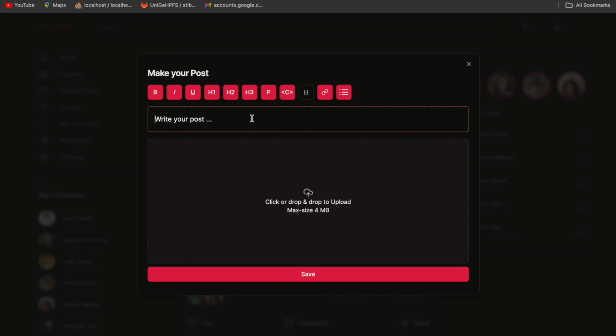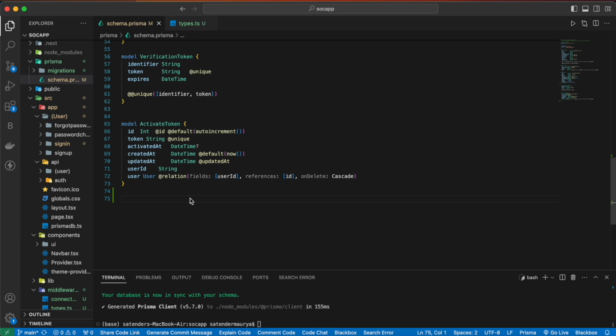So now let's start, and we are going to work on the third kind of post where we are going to have our text editor and also a file uploader which allows both images and videos in our post. First we are going to make this post, since it is the most complex out of all three, and later we are going to work on the other two posts. So now let's start by creating our schema first. We are going to create our post model,